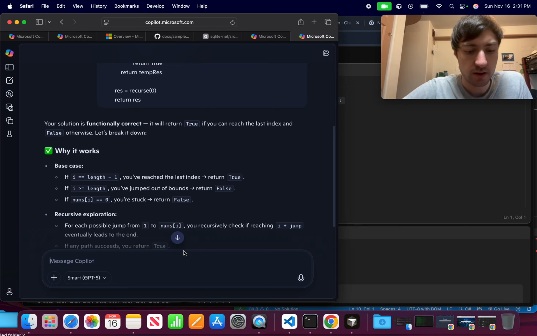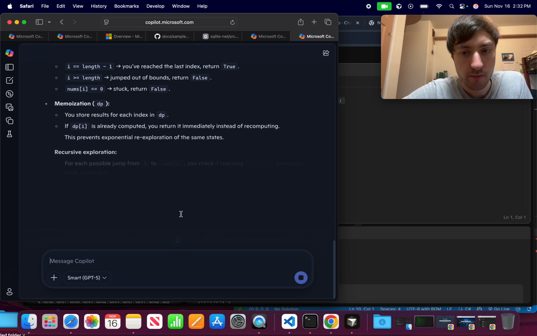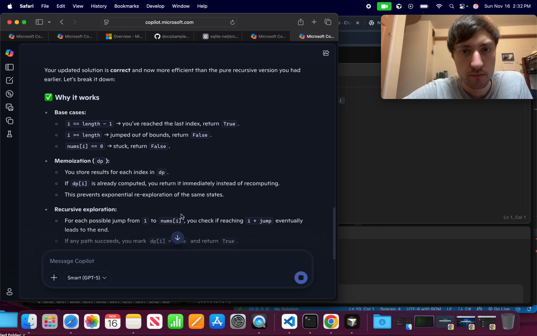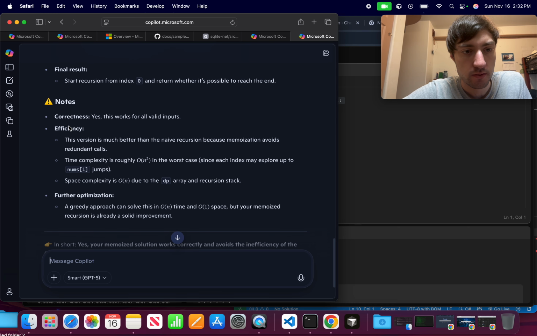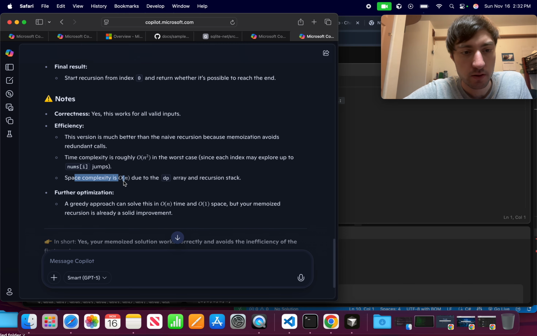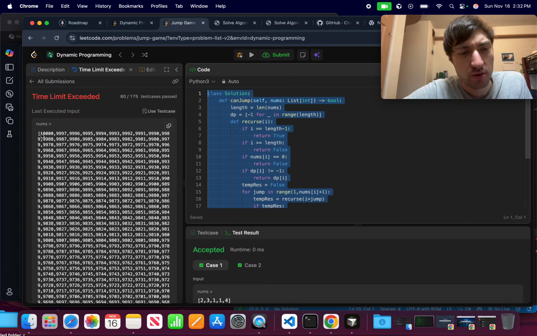Is this one right? I don't know. And it is more efficient than the pure recursive version you had earlier. Okay. This time complexity is roughly O of n squared. Okay. So these are huge numbers, and